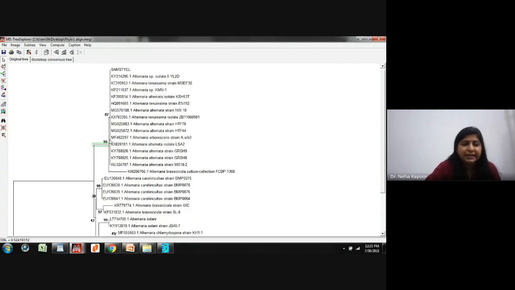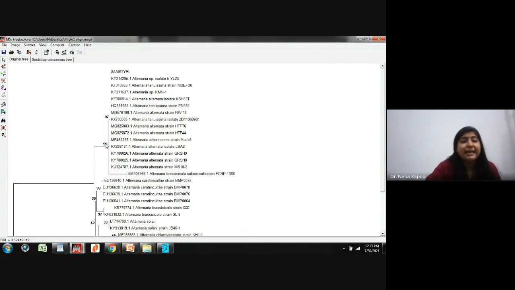Here you can see 99. This 99 is basically showing the bootstrap value. That means when this tree was repeated 1000 times, in 99% of the times, all of these species were clustered together. That means they are more closely related to one another.